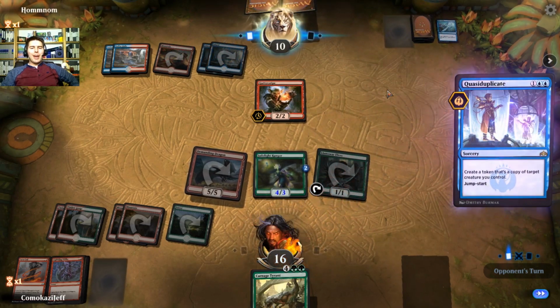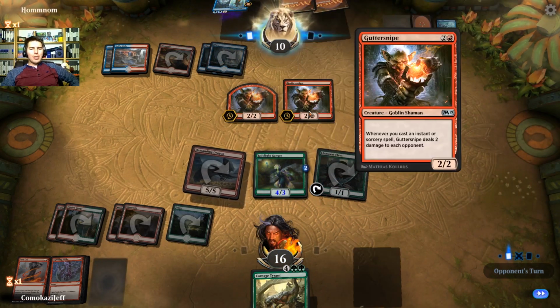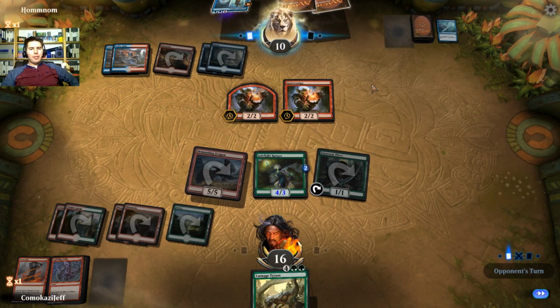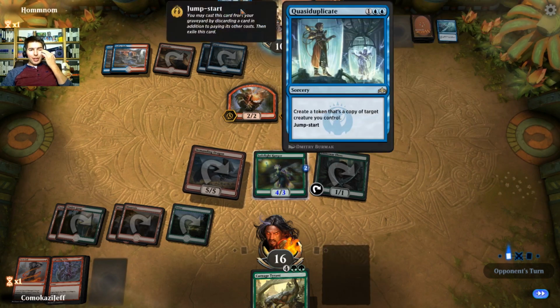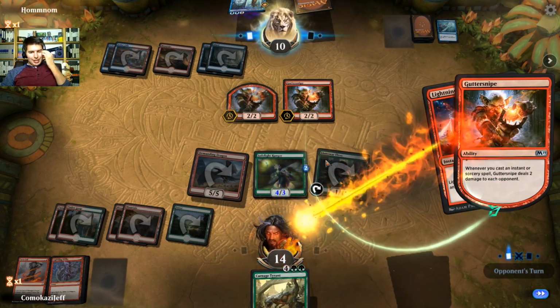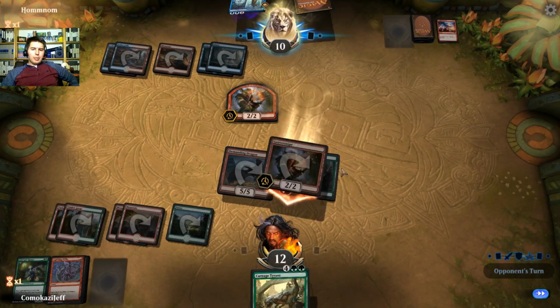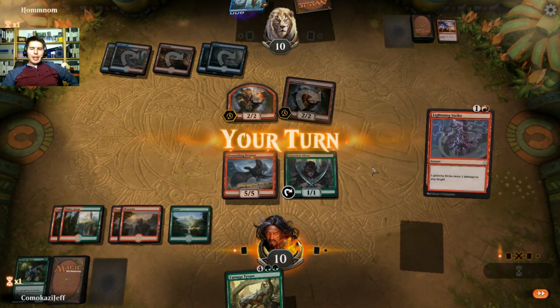Quasi-duplicate. Oh, that's spicy. Ooh, that's what I should do my quasi helm deck on, with Gutter Snipe. That'd be fun. All right, and do they have land in another quasi-duplicate? All right, Lightning Strike, Jade Light. That's fine. Yep, swings in, down to 10. And